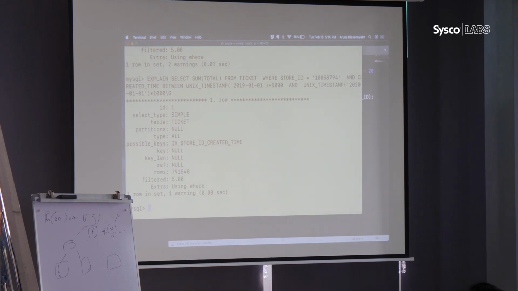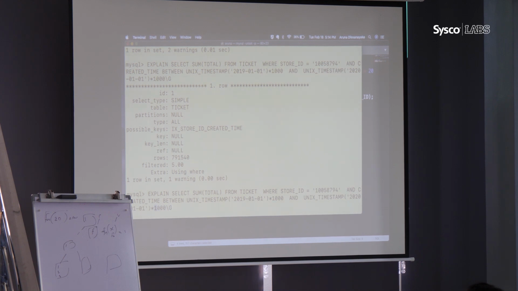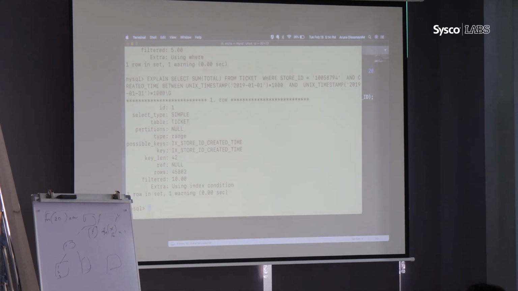So let's try it for a shorter period of time, to see whether there's any issue. It's being used. If we try it for a shorter period of time, now the index is applied, right? So why is that?